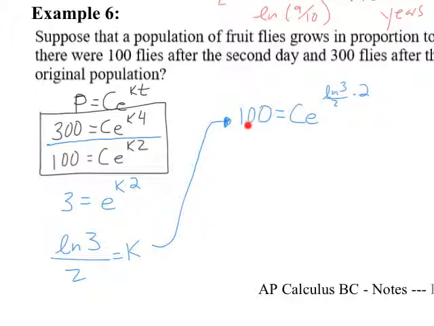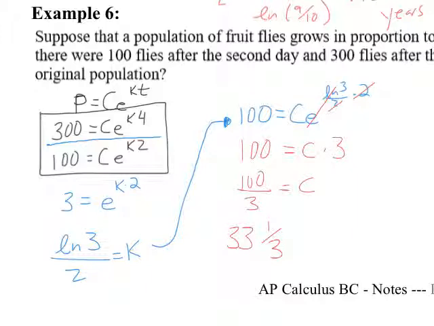So what we have is, after 2 days, our growth rate causes the initial population to become 100 fruit flies. Solving this out, the 2's cancel, the e to the ln cancels, and we're left with 100 equals C times 3. And solving this for C, we get the